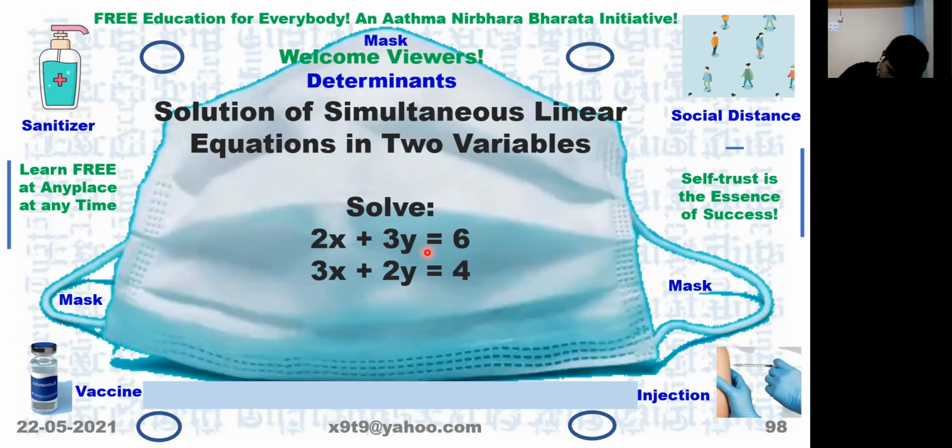LHS is equal to 2 into 0 plus 3 into 2, and the second LHS is